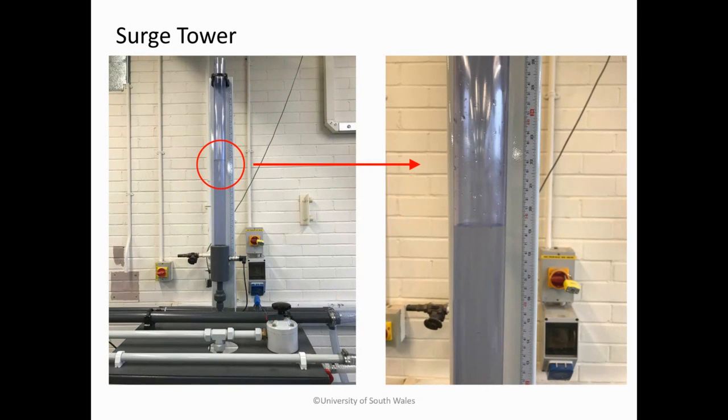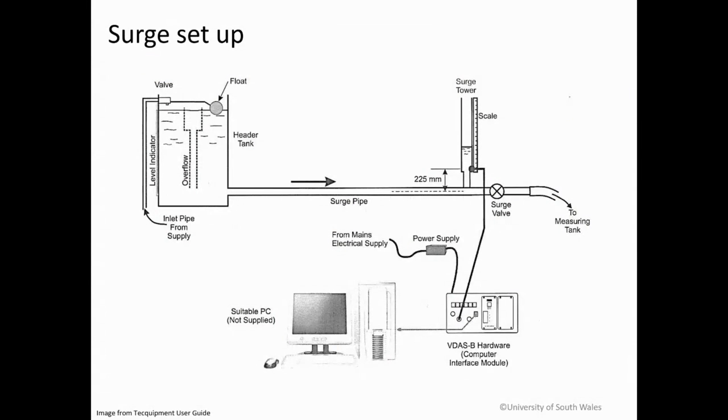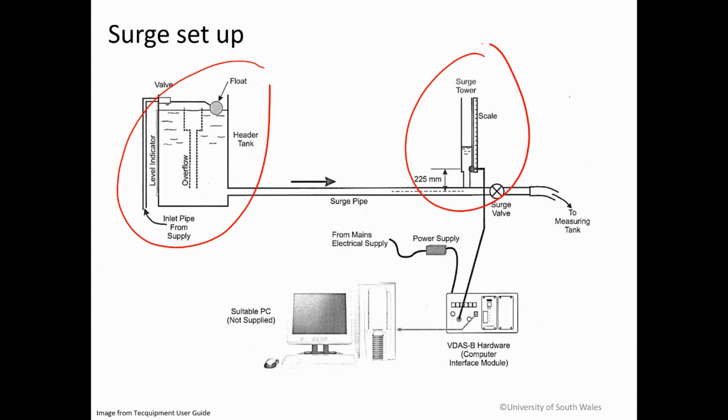Again, the system will record the level, and this calibration on the right-hand side will give us slightly different readings. So we need to make sure that there is minimal variance between those two values. And this is the schematic setup. You can see here on the left that we've got the reservoir and the surge tower. It's connected to the system, and it already has the software installed that allows us to record and measure this